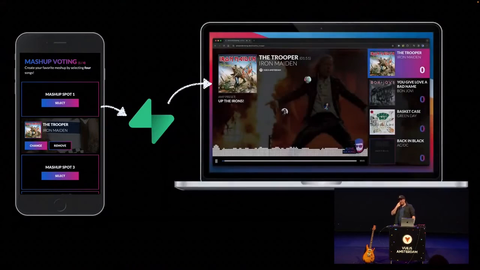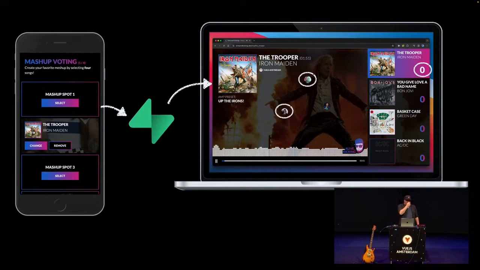Supabase has a bunch of stuff, like you're logged in with Supabase also, and they have a Postgres database. So every vote you do is your user ID with the vote of the song, the ID, and then which spot. The moment that happens, you see like right now the screenshot has a 0, but it of course ticks up when you put a vote. And then you see all the balls bouncing around.